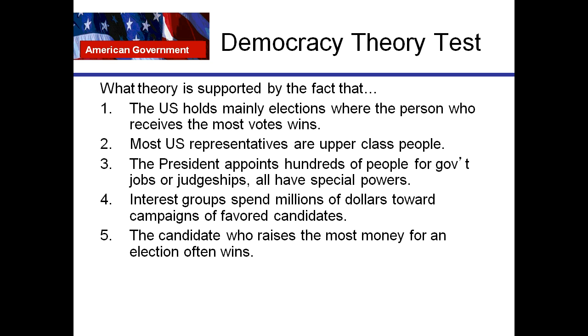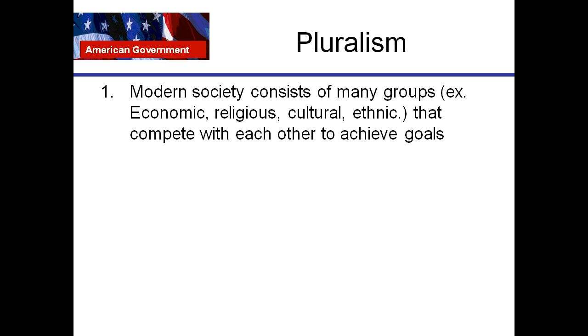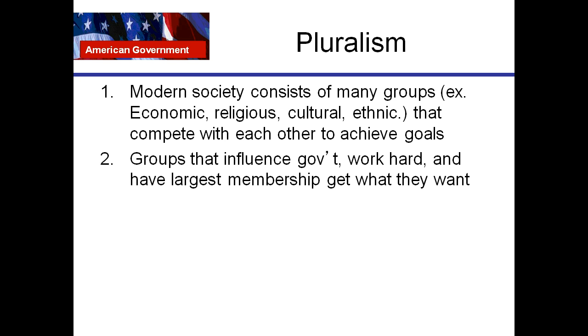So let's take a closer look at pluralism. Modern society consists of many groups: economic, religious, cultural, ethnic. They compete with each other to achieve goals. Groups that influence government, work hard, and have the largest membership generally get what they want, and we're focusing here on interest groups, and we'll talk more in the future